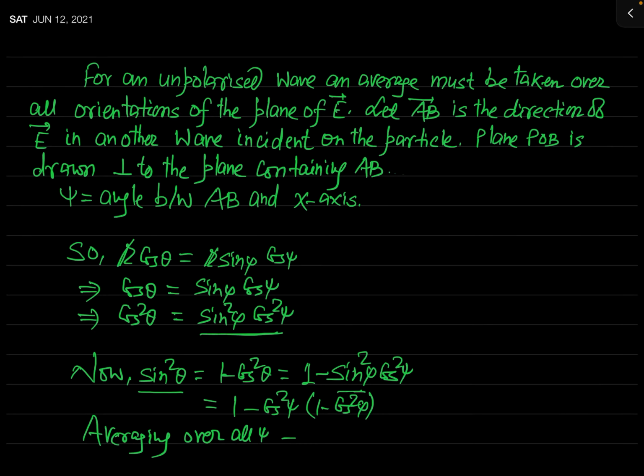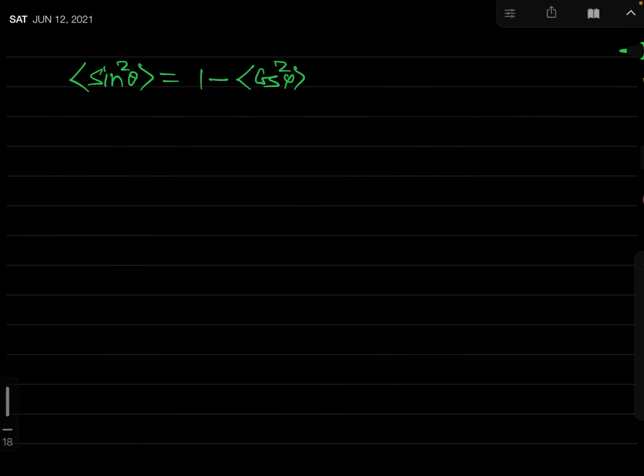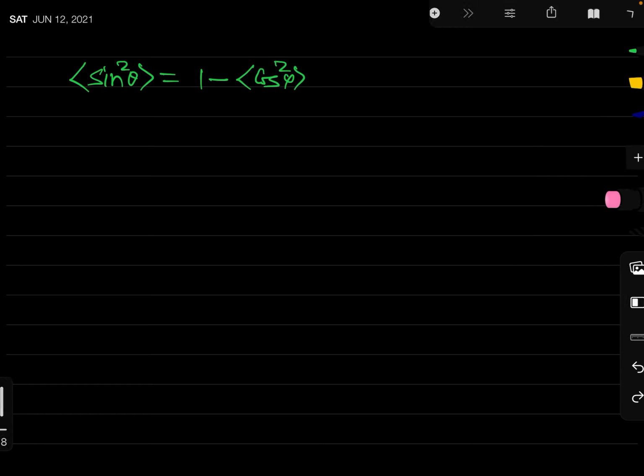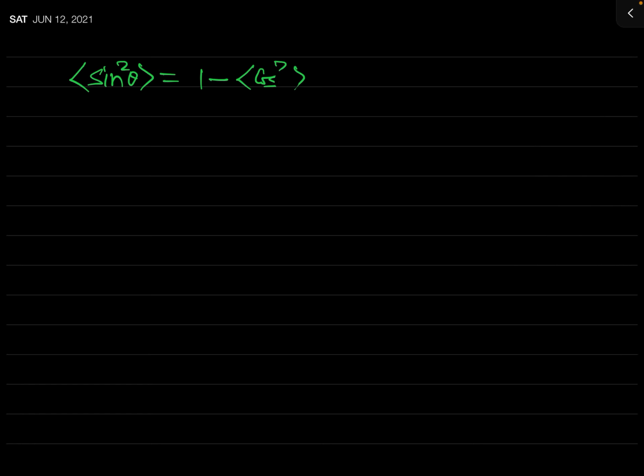When you take an average for all possible values of psi, then the average value of sine square theta, I am writing it like this, this is its average value, and that will be equal to 1 minus the average value of cos square psi, not phi, so this will be cos square psi, and times 1 minus